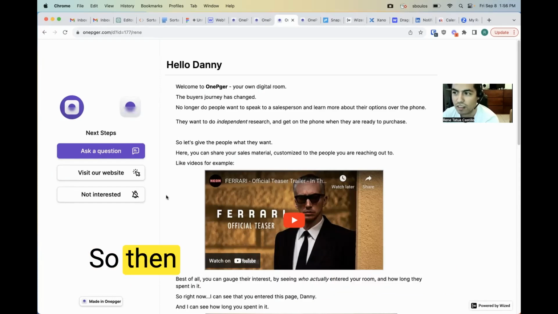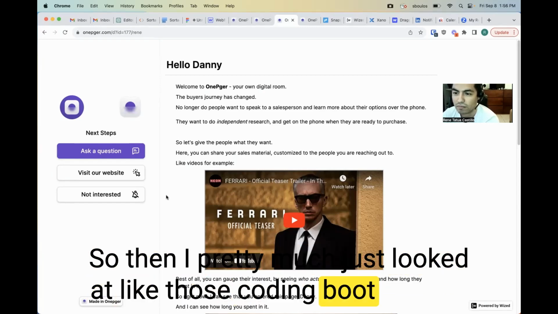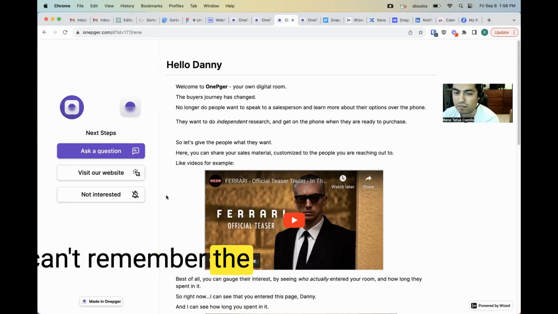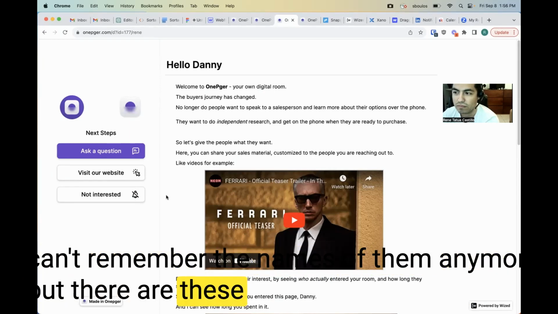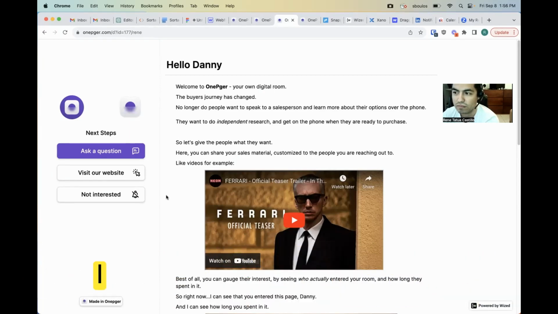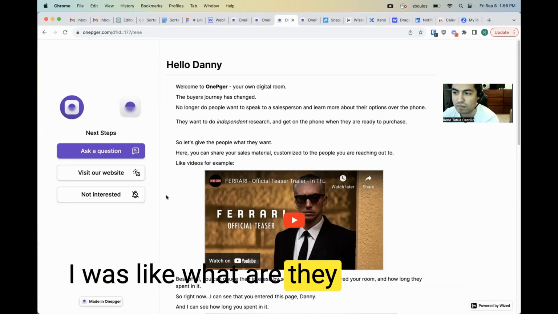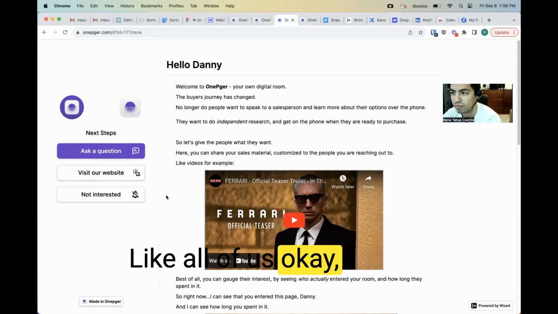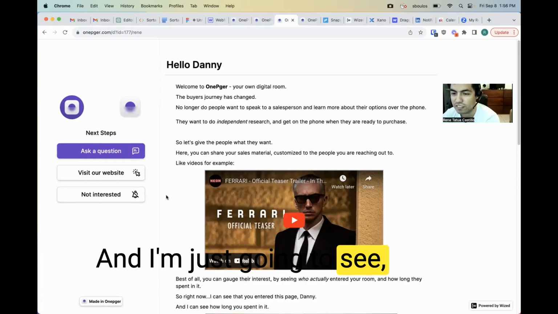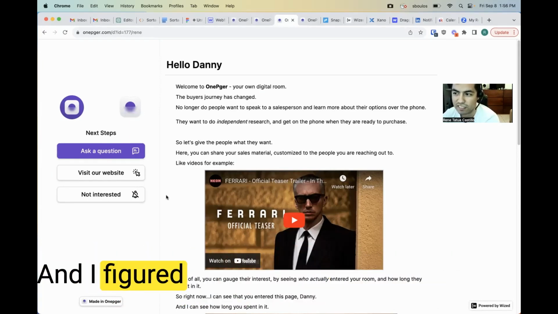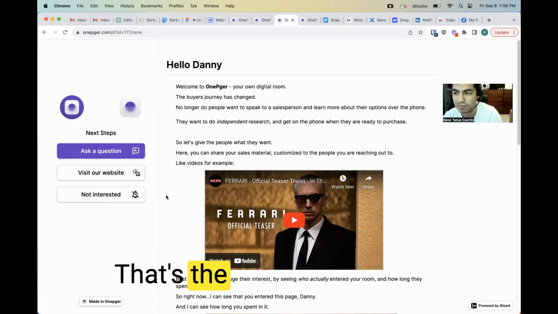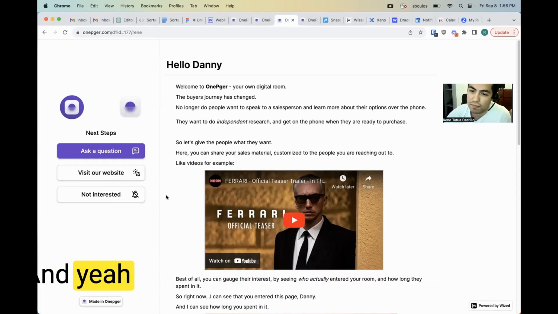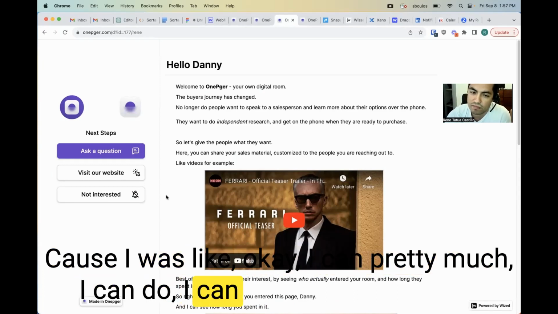So then I pretty much just looked at those coding boot camps. I can't remember the names of them anymore, but I looked at their curriculum. I was like, what are they all teaching? They're just teaching JavaScript, like all of them. Okay, I'm just gonna learn JavaScript, because if that's what they're teaching, then I figure that's what everyone's using. Must be the industry standard. So far I've been happy with that decision because I can create the websites,